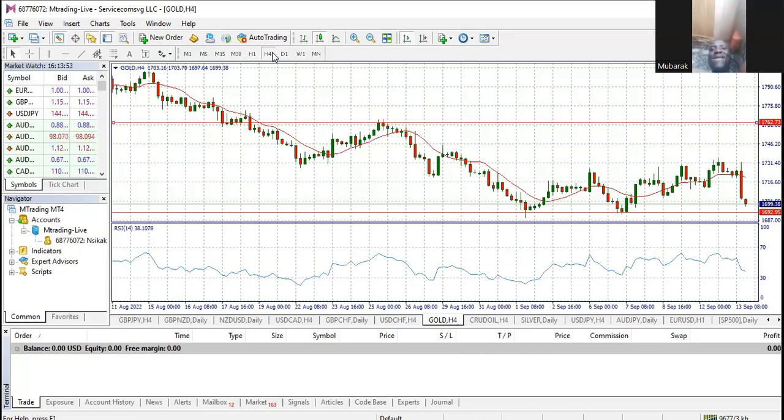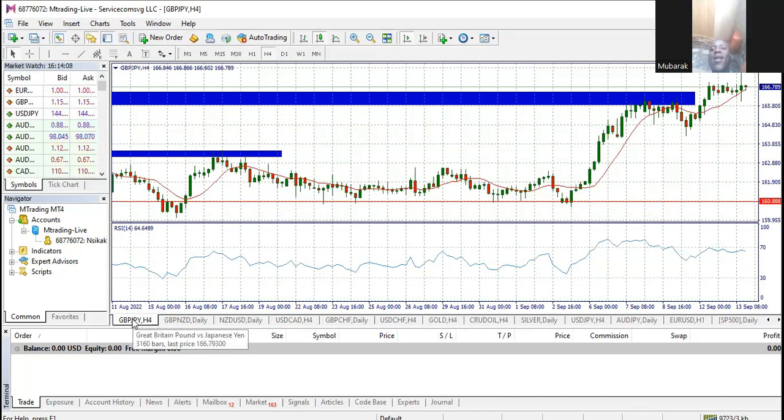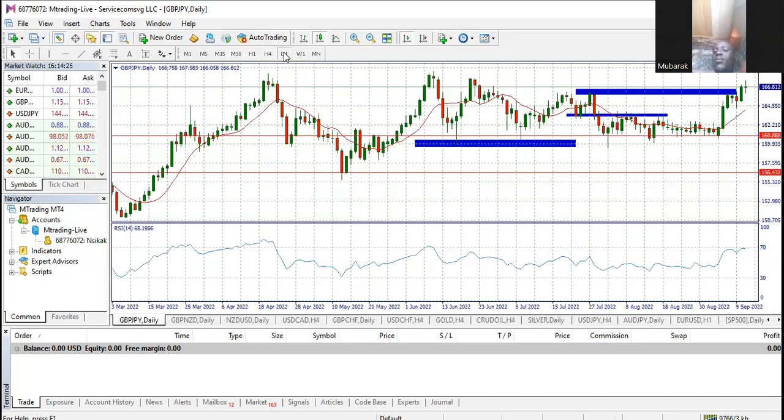Anyways, so the effect of the news is likely to end today, maybe in a couple of minutes or hours from now. I don't expect it to sell too far from where it is already. GBP JPY, when USD JPY starts selling again, it will also sell. That's what I'm expecting.